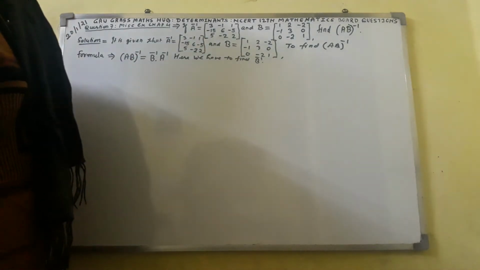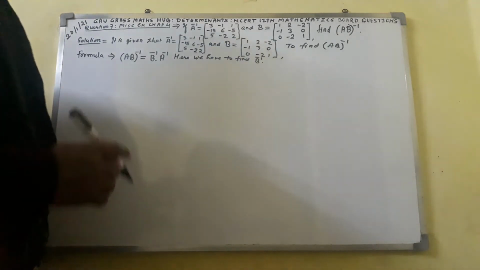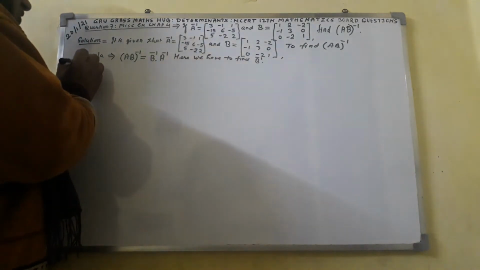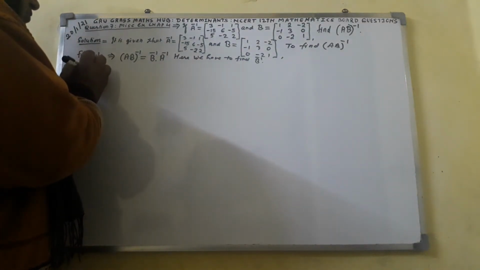Matrix B is given, which is of order 3 cross 3. So first of all for B inverse, we have to get the determinant of matrix B. So here I shall write determinant of matrix B equal to